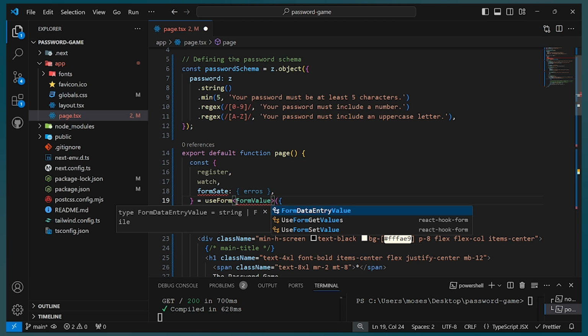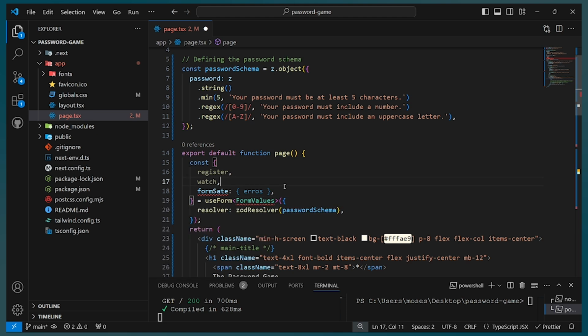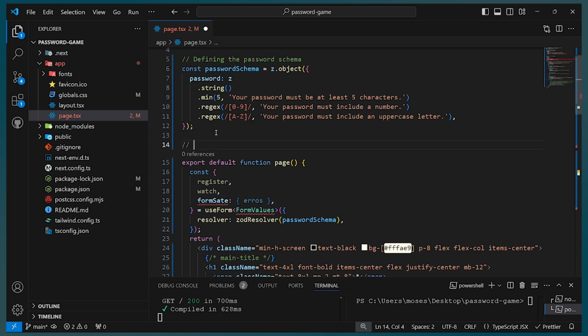So now you're going to ask yourself, where the hell do form values come from, what does it mean? This is a type we're going to be using to configure our useForm. So I can simply do it down here, it's just the way we define types,